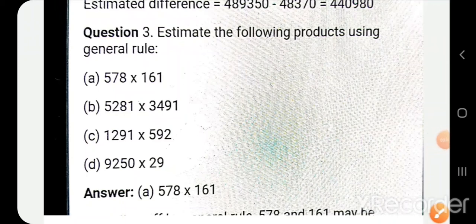Hello students, so continuing from the last lecture, exercise 1.3, question number 3. Estimate the following products using general rule. In that, our first question is 578 into 161. So in this, we have to find the estimated product by using the general rule, means rounding off to